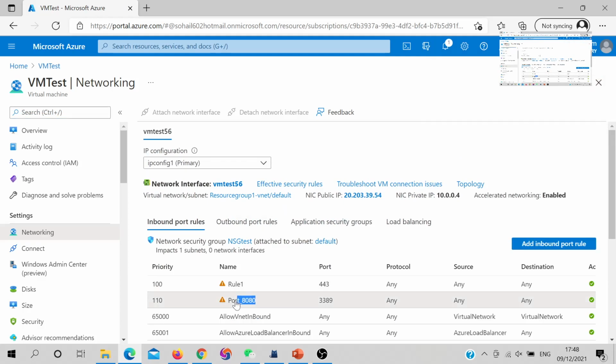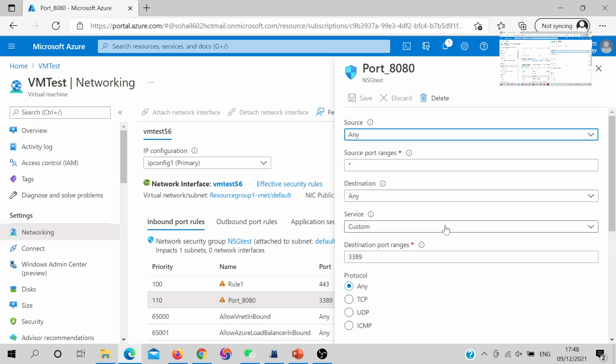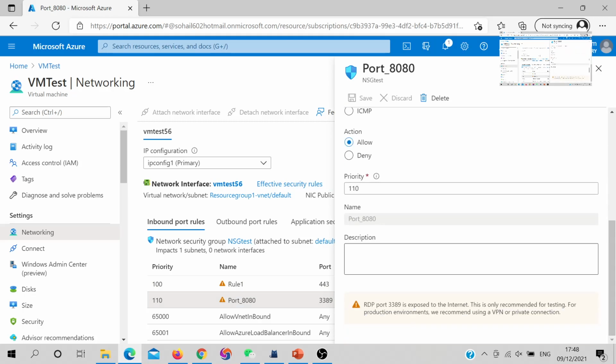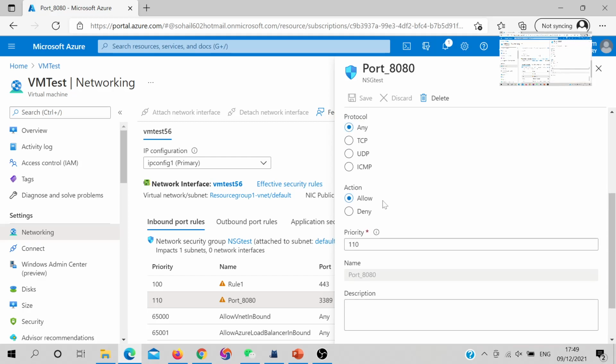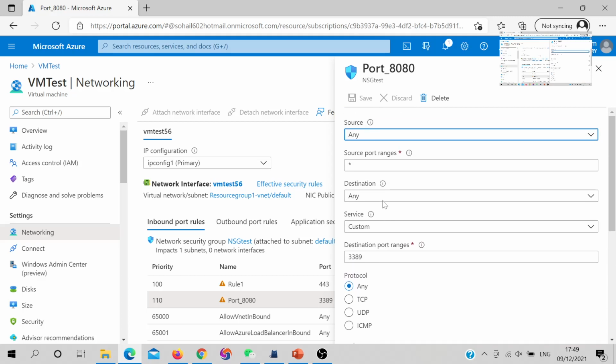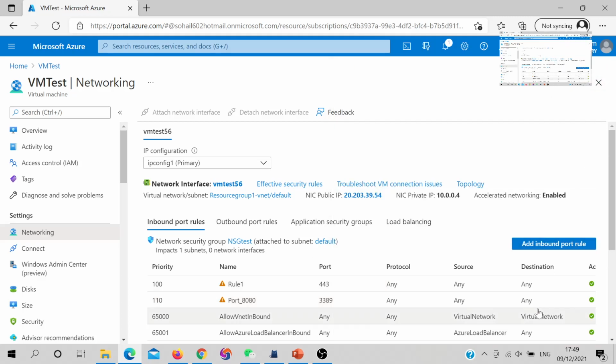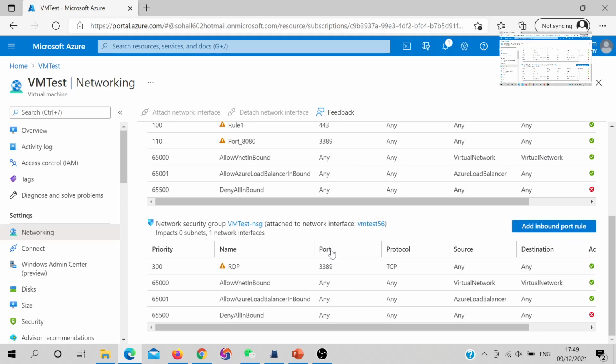So here is the rule, and we can change the name as well. For this, we didn't change the name, or we can go with this name, no need to change, depends on our scenario, but for simplicity,